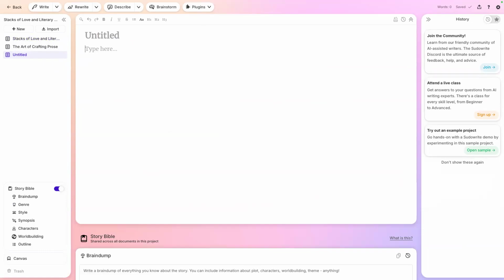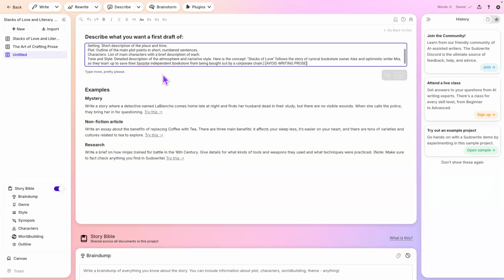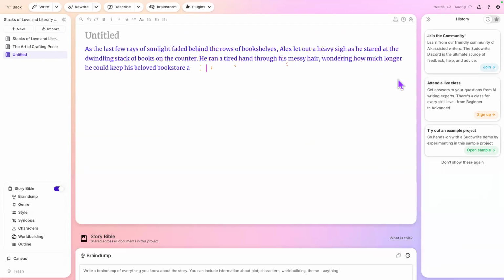Sadly, it just closed the window. Then I'd have to do it this way. So let's see. See, the perfect amount of detail. There's even a little guide with more tips. Now let's see what it will come up with. We got lucky and it actually gives us what I'm asking for. But even if it,